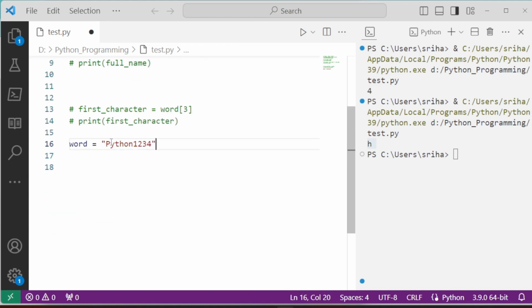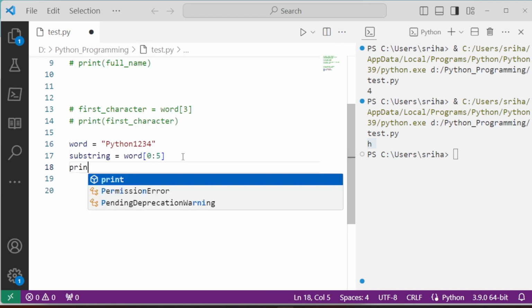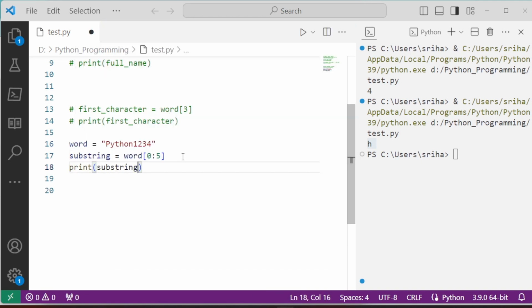Now I want to only extract Python from the string. How can I do it? I'm declaring another variable and slicing from 0 to the end index of n. 0 1 2 3 4 5. Its index is 5, right? So I'm slicing a part, a substring, of the complete string. Now if I try to print the substring,